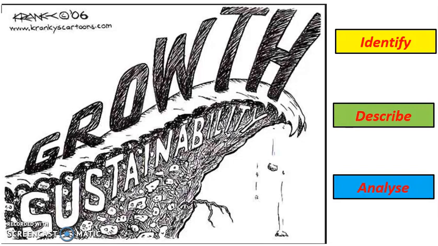So, recapping, first step, identify what is in the cartoon. Describe features. There's a cliff, there's two words, growth and sustainability. Bits of the cliff are falling off and there's a bit of an old tree root hanging out. We describe what is taking place. So the word growth is getting bigger, the cliff is falling down, sustainability is being reduced. And analyse what is the message. And the message in this case is growth is at the expense of the environment because